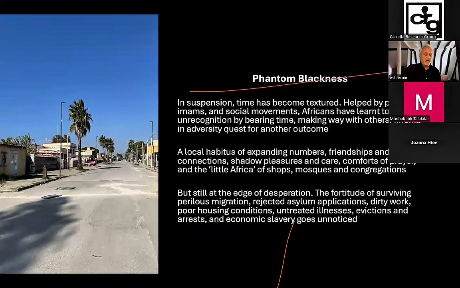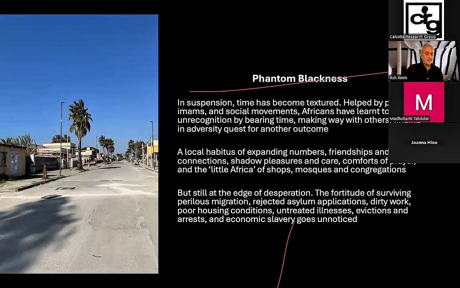But shadow life offers what one young Nigerian told us, I quote, a darkness in which you can hide your tears. In this darkness, Africans have learned to bear time by making way with others, finding in adversity cause for another outcome, building home in the uninhabitable. For example, second-generation Africans now with residential rights and supportive families and some educational qualifications are learning as African Italians, no longer as migrants without papers, to move forward with rights, to look past the condescensions of the white eye,